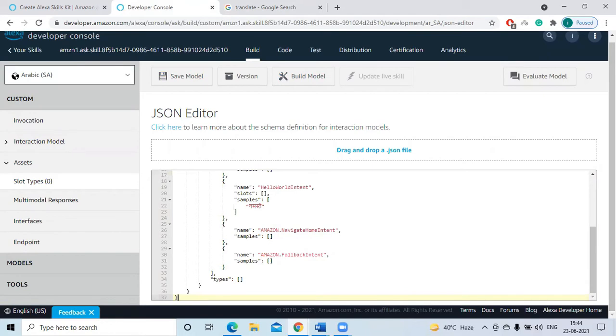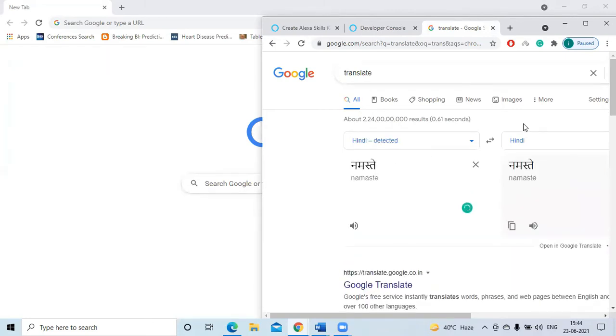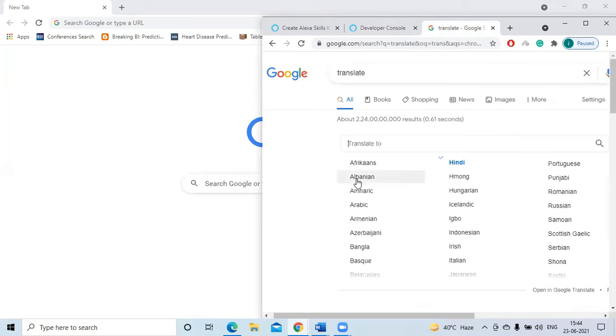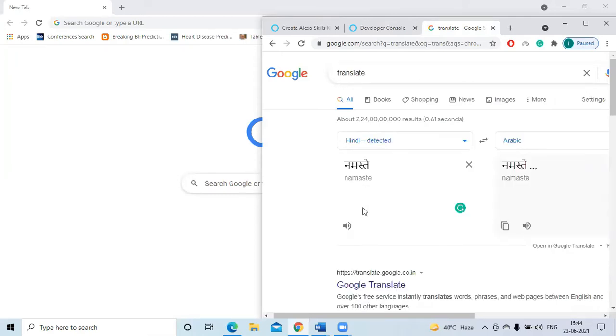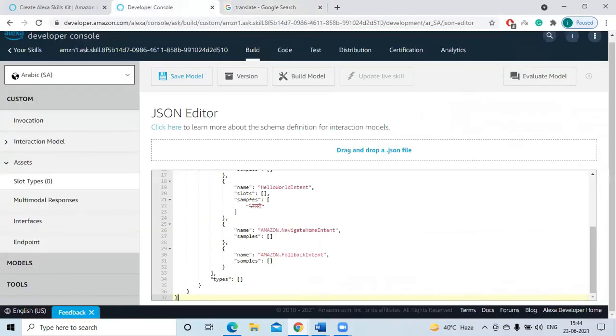I am going to translate this Namaste in Arabic language. Copy this one. Here instead of Namaste, paste the Arabic word. Save this one.